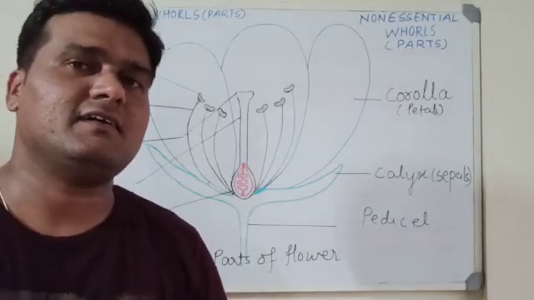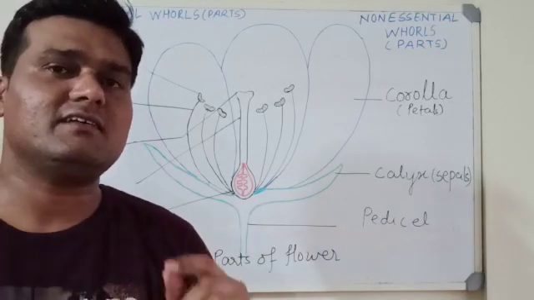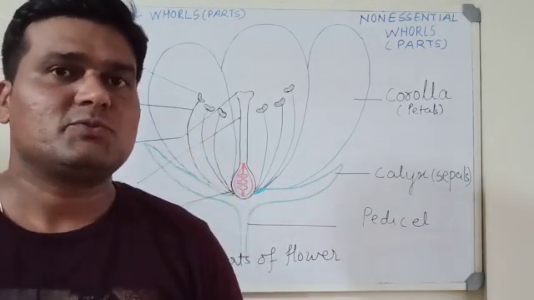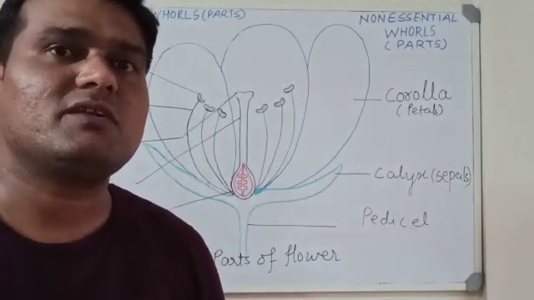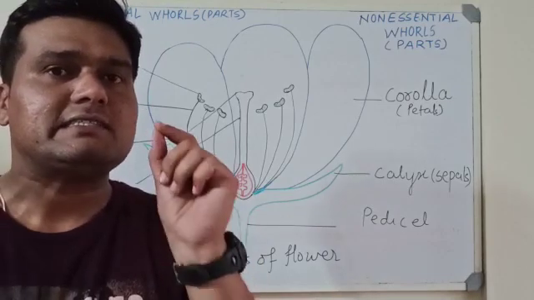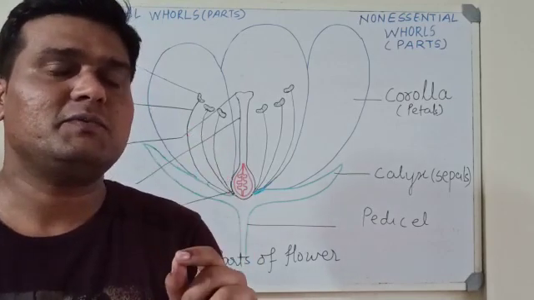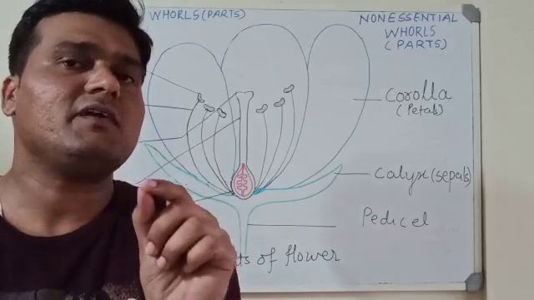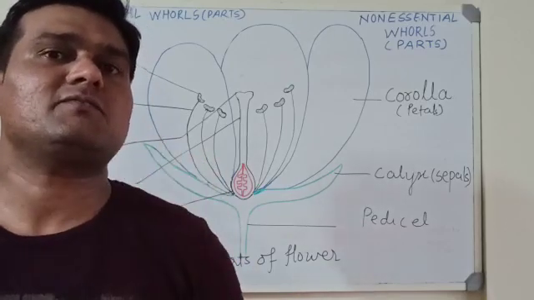Hello everyone. In the previous classes, we did learn about the different modes of asexual reproduction. So today we are going to discuss sexual reproduction in plants. And do you know that the flower is the part of the plant which is involved in the sexual mode of reproduction? So we are going to discuss the different parts of the plant.